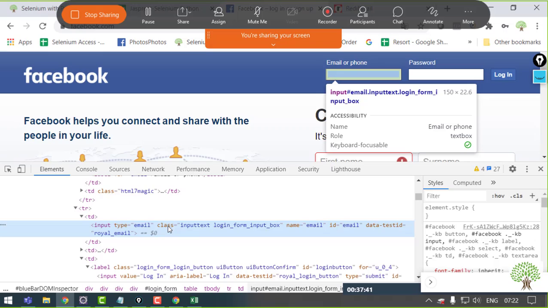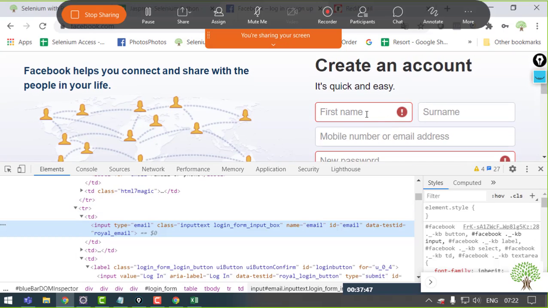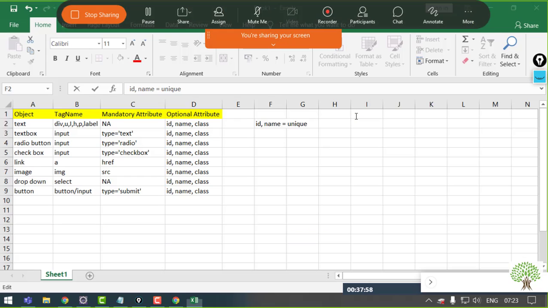But it's not possible that if this text box has name as email, the second text box over here can also have email as the name. That's not possible. So this is the property of these two optional attributes.